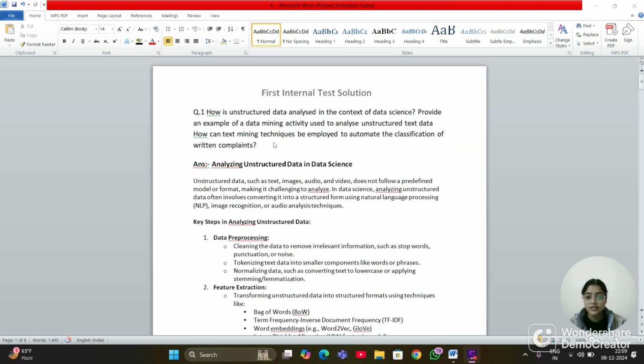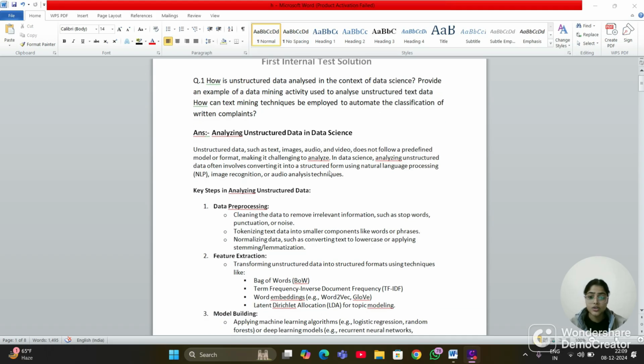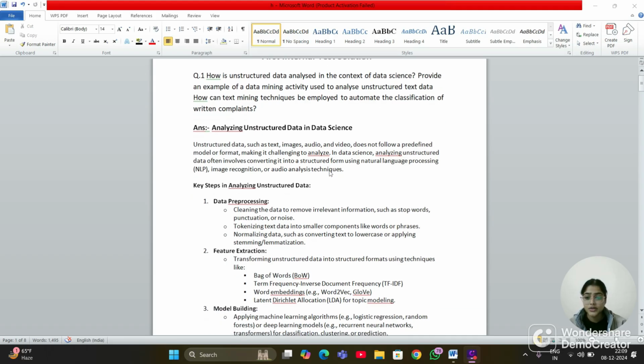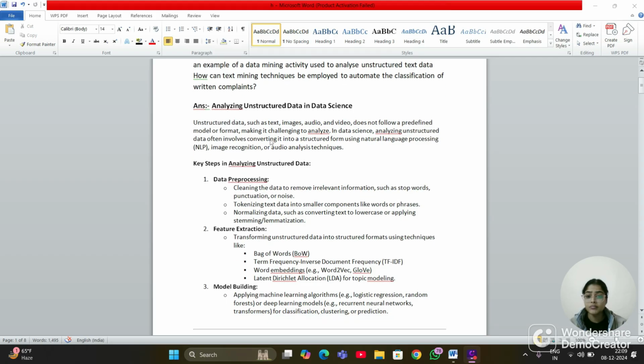So first we start with analyzing unstructured data in data science. First we understand what is unstructured data. Unstructured data such as text, images, audio and video does not follow a predefined model or format, making it challenging to analyze. In data science, analyzing unstructured data often involves converting it into a structured form using natural language processing, NLP, image